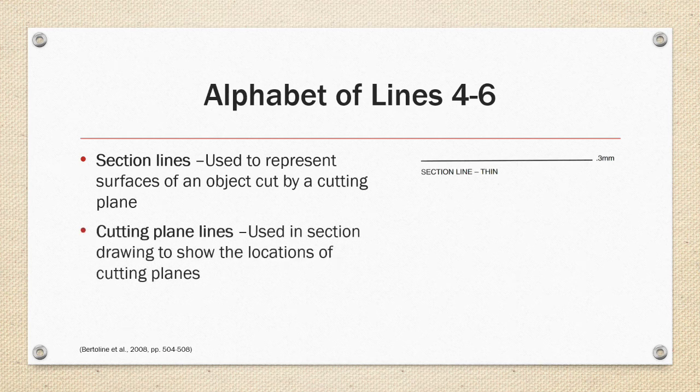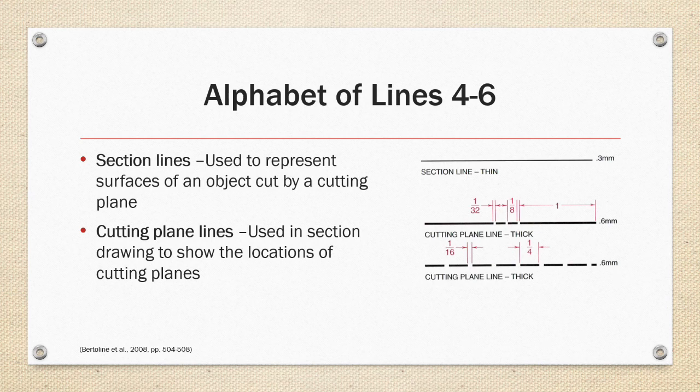The fifth type in the alphabet is the cutting plane line, which also has two variations, like the breakout lines, that are used to denote the locations of cutting planes used to define section views. The cutting plane line appears as a thick line with two dashes repeating every inch, or as a series of thick dashed lines as shown in the examples on the right. Note the strict dimensional requirements of the line elements.